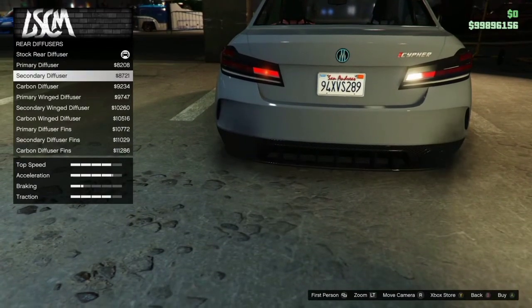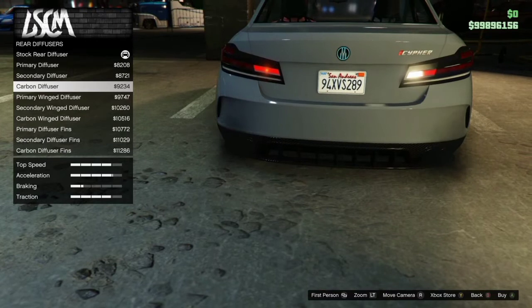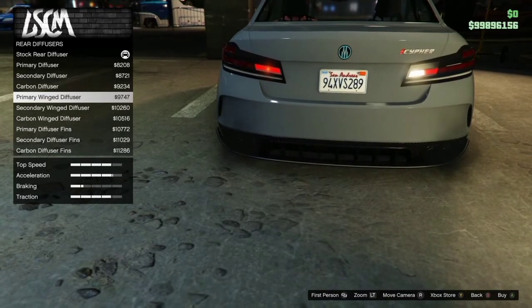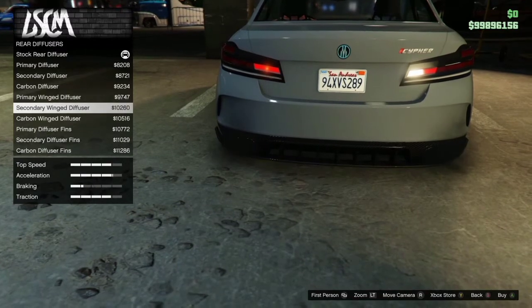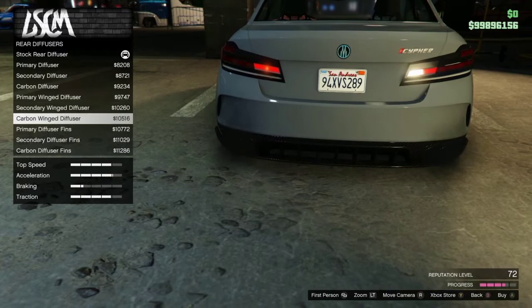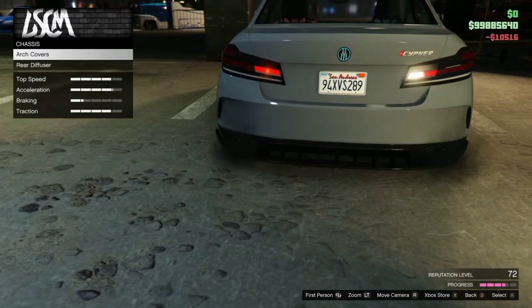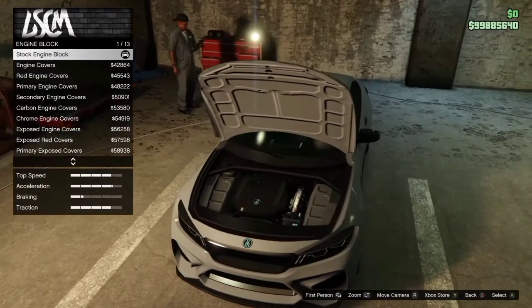Okay, interesting. I was not expecting diffusers. Awesome. I can get a carbon diffuser. I can get the primary wedge diffuser. I think I'm going to get the carbon secondary. Interesting. I'm going to go carbon, and I'm going to go on over to the engine block, see what we have here. So the stock engine block,